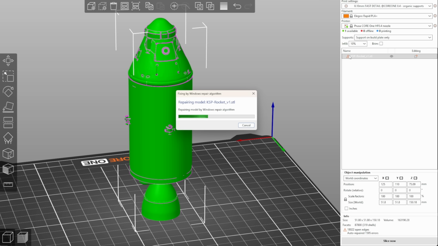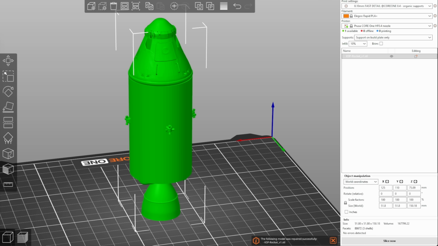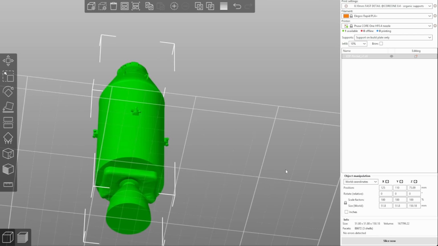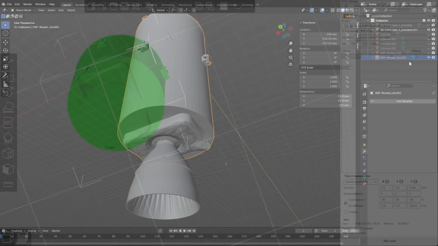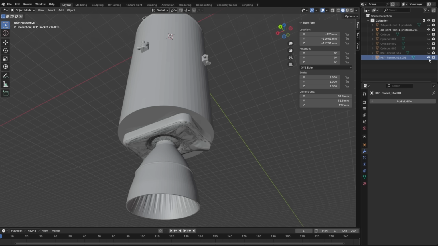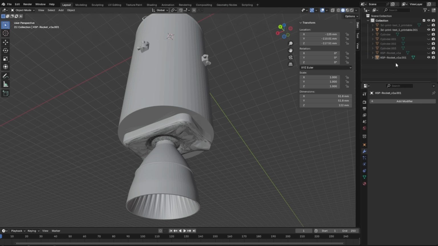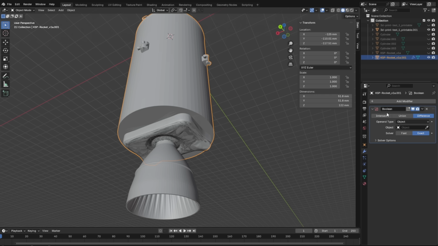That takes a little bit of a while, but it does so. Unfortunately, when it does so, it also fills up the engine bell, and that's not good. So I kind of used Blender to blend the old error-prone and fixed STL together. So only the engine bell of the old STL file was still present, and then I mashed that together